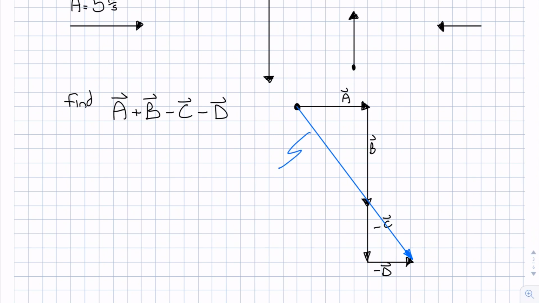This brings us to the end of this video on adding vectors and subtracting vectors graphically. In the next video, we will start to look at how do you add and subtract vectors mathematically using the idea of components. There's a link to that next video on the screen,